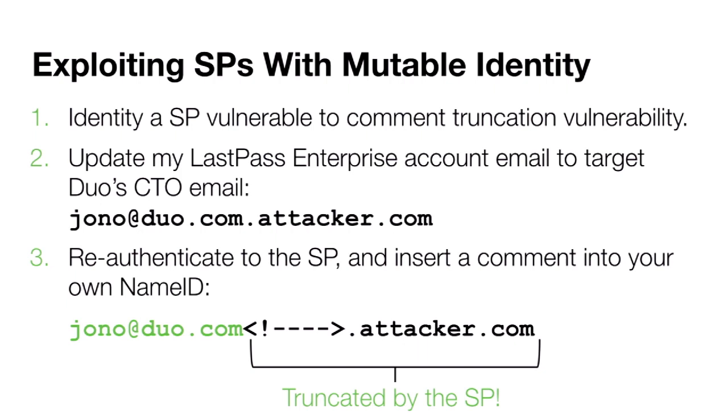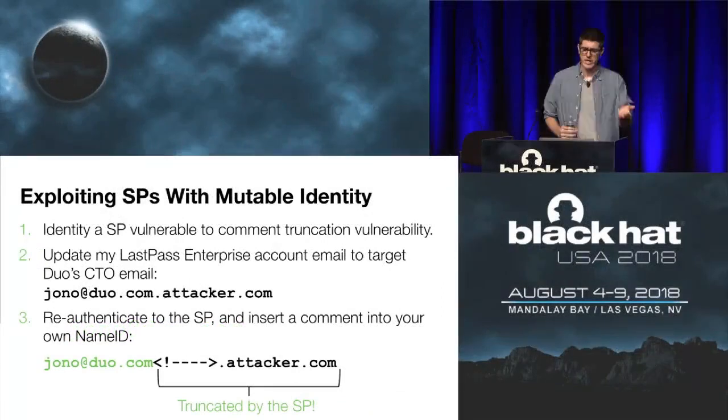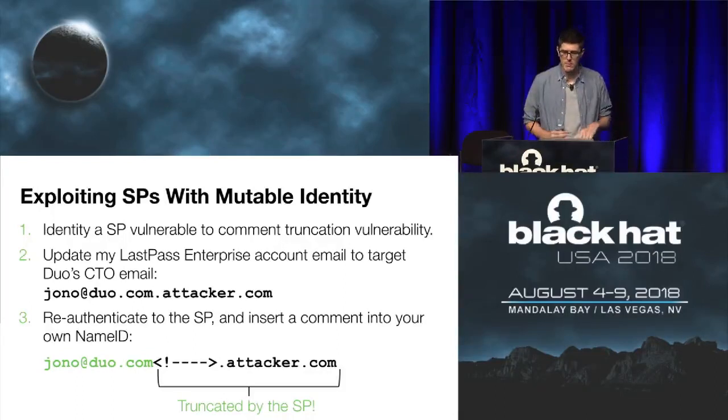Once a vulnerable SP is found, I can update my LastPass account email under a domain I own. For example, pretending I own attacker.com, I could use the email address jono@duo.com.attacker.com. Since I own attacker.com, this is an email I can prove ownership of by following through LastPass's confirmation email. Once this email address is confirmed, my LastPass profile is updated, as is my name ID used for LastPass SSO. Then I can re-authenticate to the vulnerable SP, insert a comment for my domain, attacker.com, and authenticate